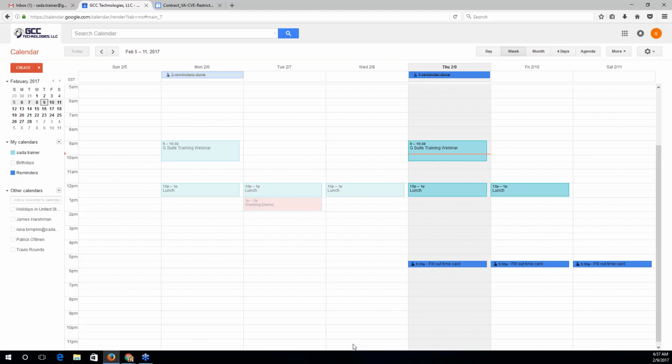Now, a quick introduction to Google Calendar. So it's a little bit different than Outlook, but there are some Outlook similar things that I'll show you today. And the first thing I'll do is start off with navigation. Now, in your Google Calendar, you can see that my calendar is this blue color, and my events for the week are showing up in that same color.